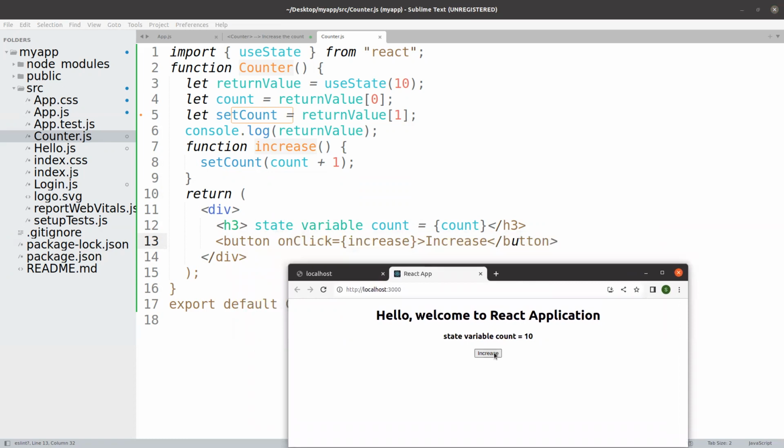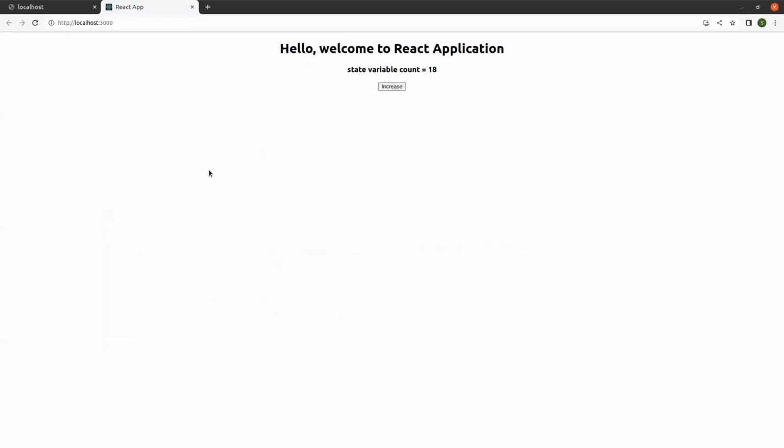Now, the moment I click on the increase, wow, you can see that the UI is getting refreshed. This is what a state variable is, which means the moment I change a state variable, the UI refreshes. Clear? Now the next thing, let me just again start the application and open my